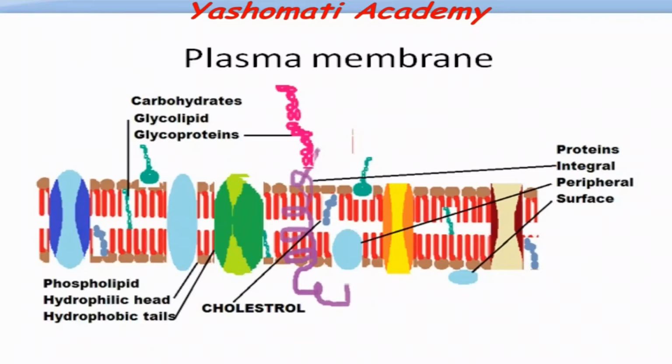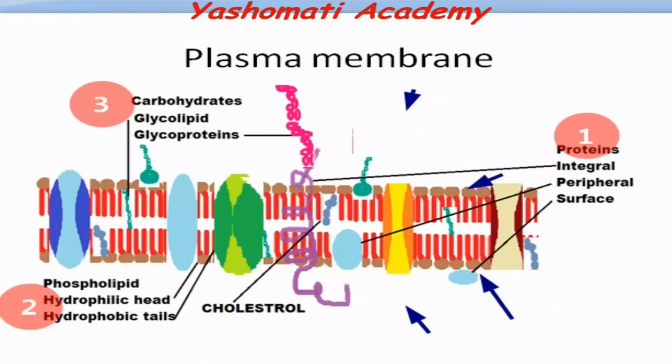cell content. If you look at this picture, which is the pictorial representation of plasma membrane, you can see that it is having two layers of this kind of molecule. The similar kind of structure is present on the outer side, whereas it is also present on the inner side. This part is the outer part and this is the inner part of the cell. And besides this, it is also having three main components, that is proteins, glycerophospholipids and carbohydrates. So these are the three main components which are making the plasma membrane.